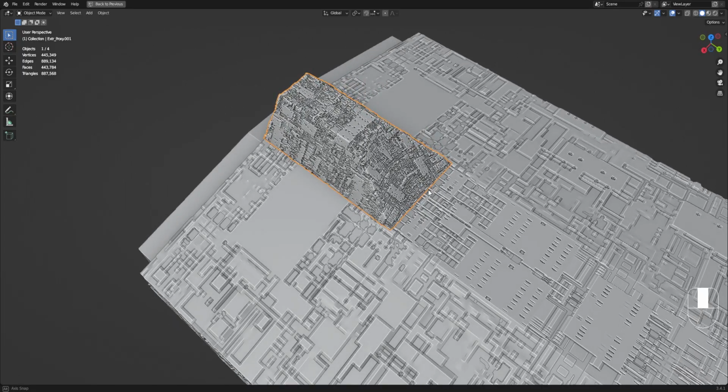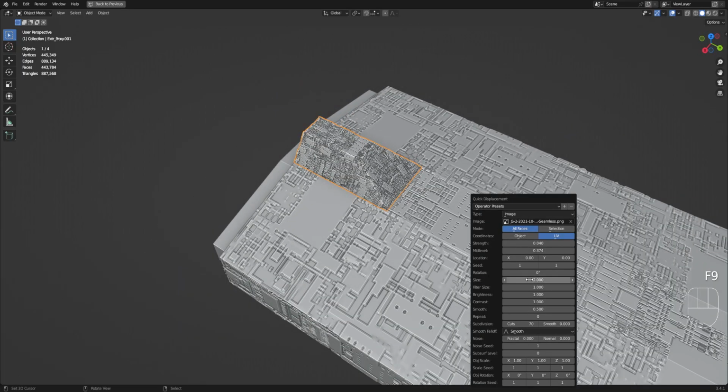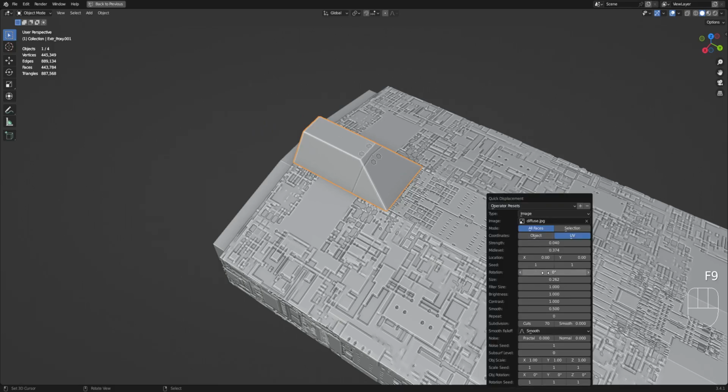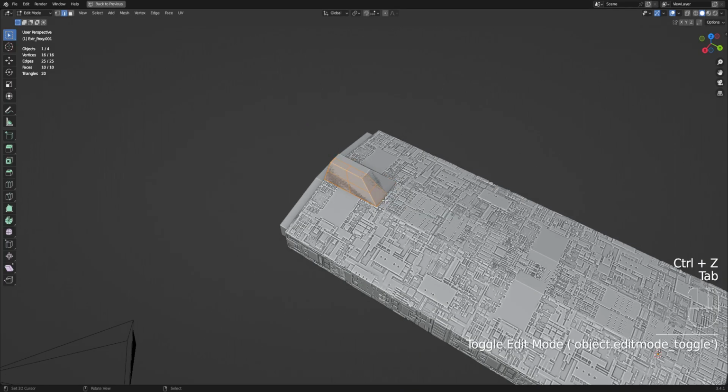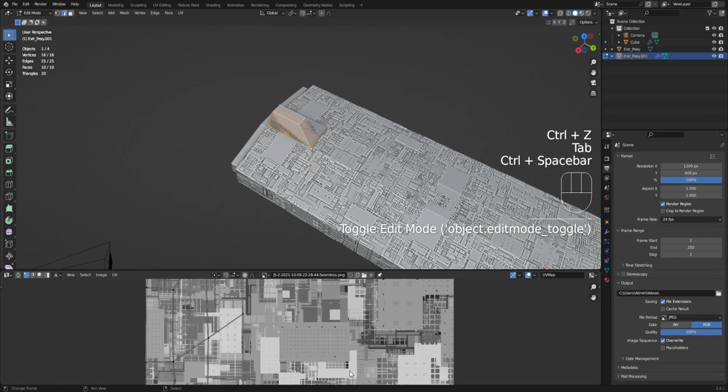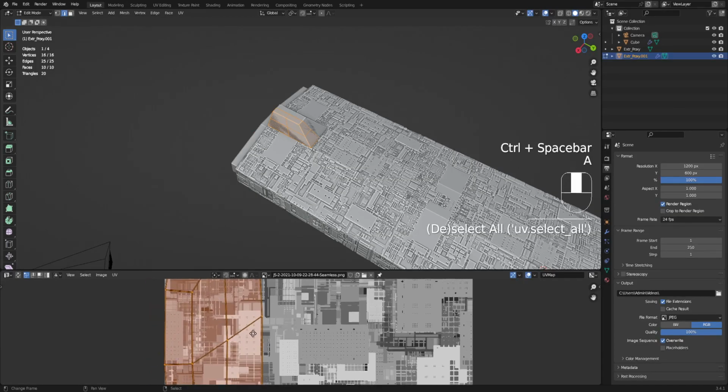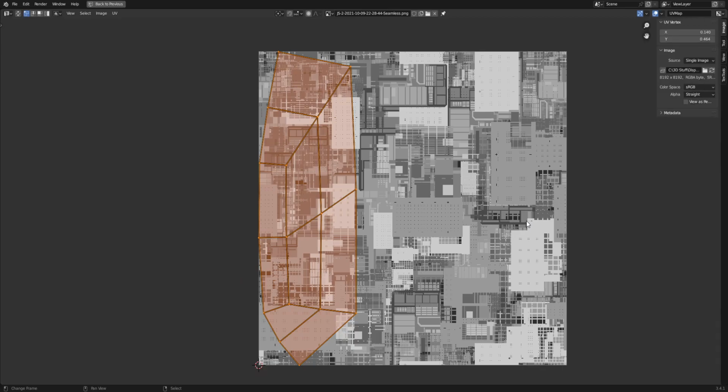70 again. Let's decrease the size. Let's try the other one, the diffuse. So you can see the screws right there. Okay, the UV itself is not that flat. That's why